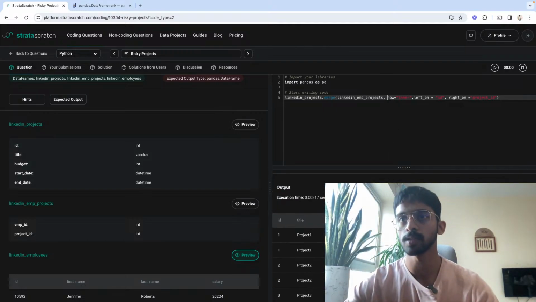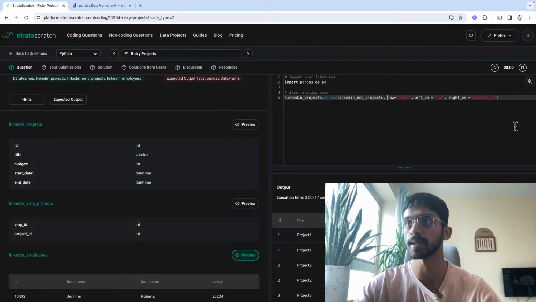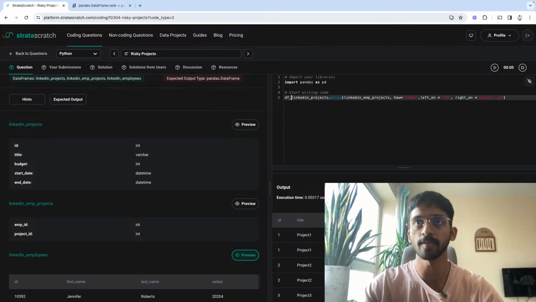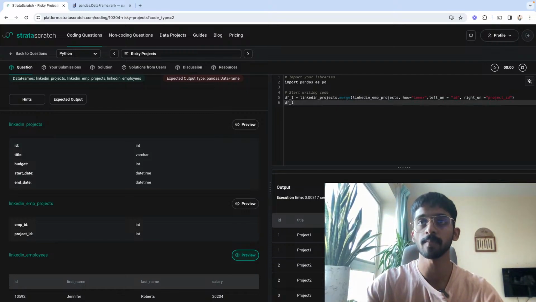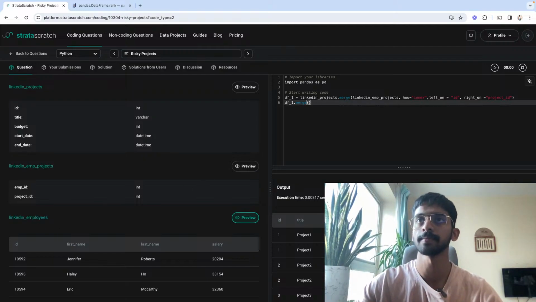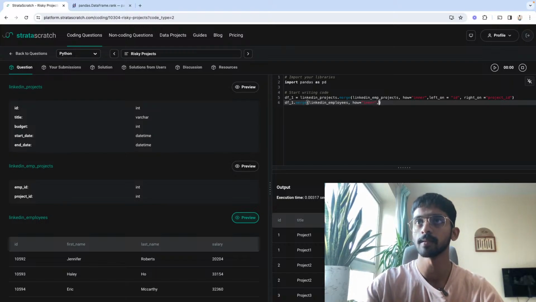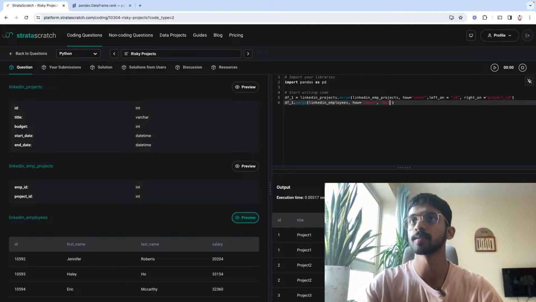Okay, awesome. So we have the first data set, which has ID, title, budget, start and end date, and the second data set, which is just employee ID with the project ID. Now, let's call this data frame 1. Let's now merge this data frame with the third data set, which is LinkedIn employees. All right. Yeah. How equals inner, left on